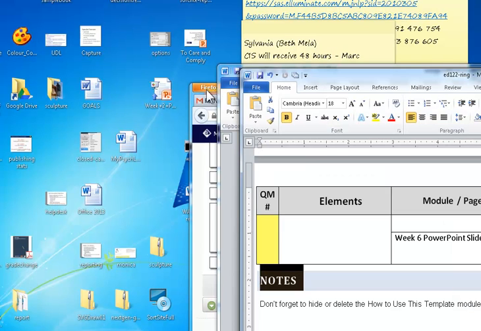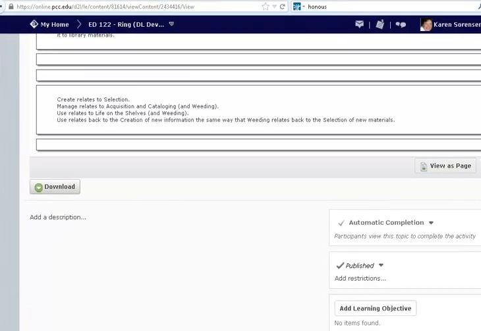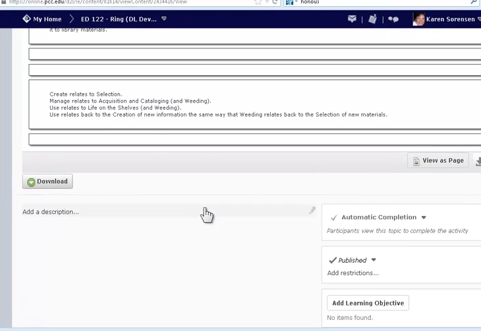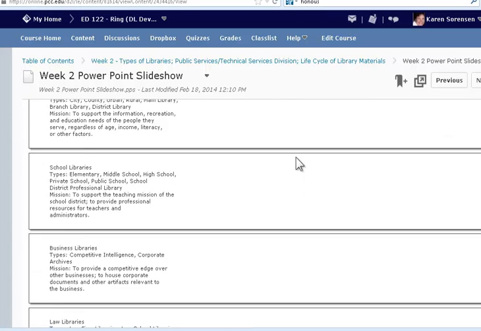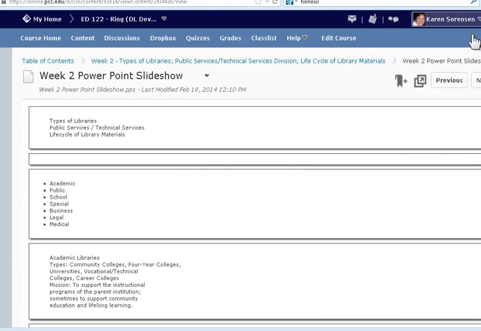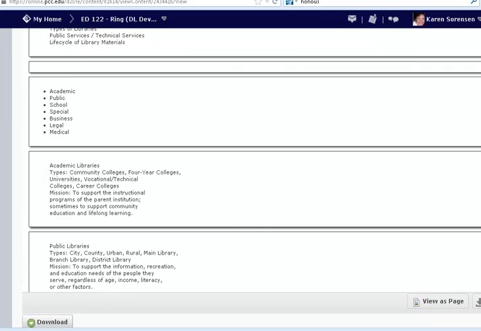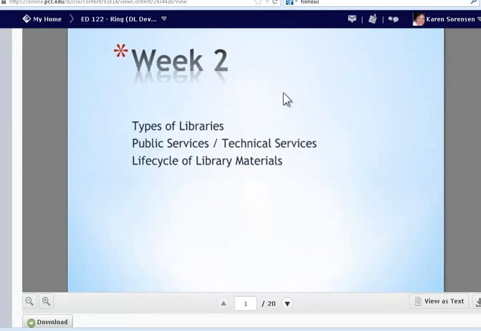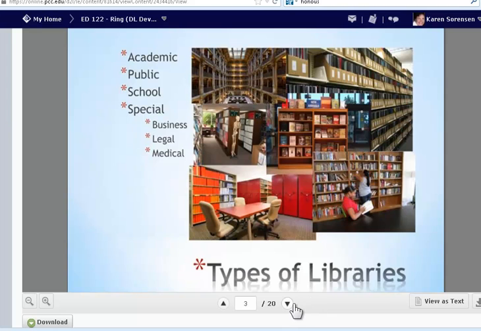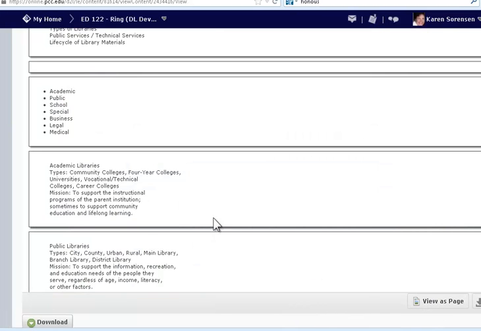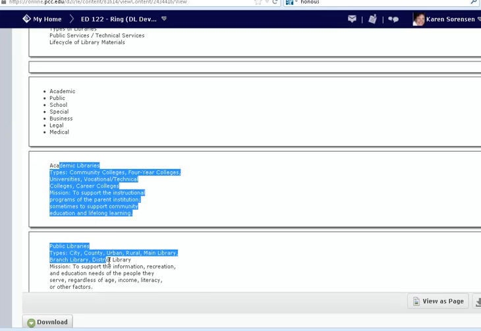So, if I go back to Desire to Learn, where we were recording originally, it looks to me like the most accessible way to view this is as a text file right in the browser, and I can go back to view as a page. And again, this version also is image based, but the text based seems very helpful. Might be nice if you could see the images next to the text, but short of that,